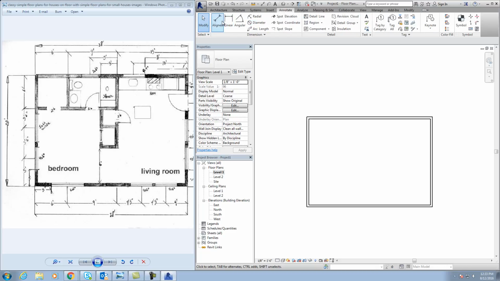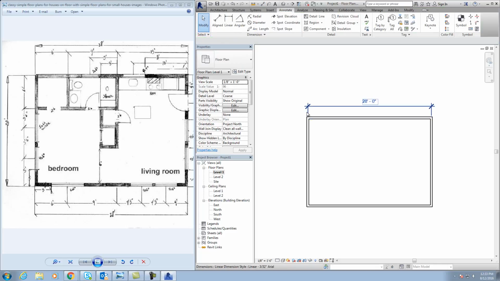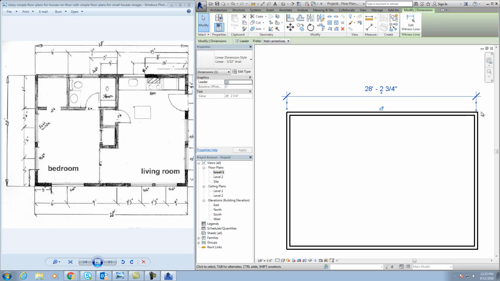This is what I like to do. Hit align and just click on that wall to this wall. Now it's really important to understand how you do measurements on a residential structure. You always take the exterior measurements, wall measurements from the outside edges, okay, all the way from